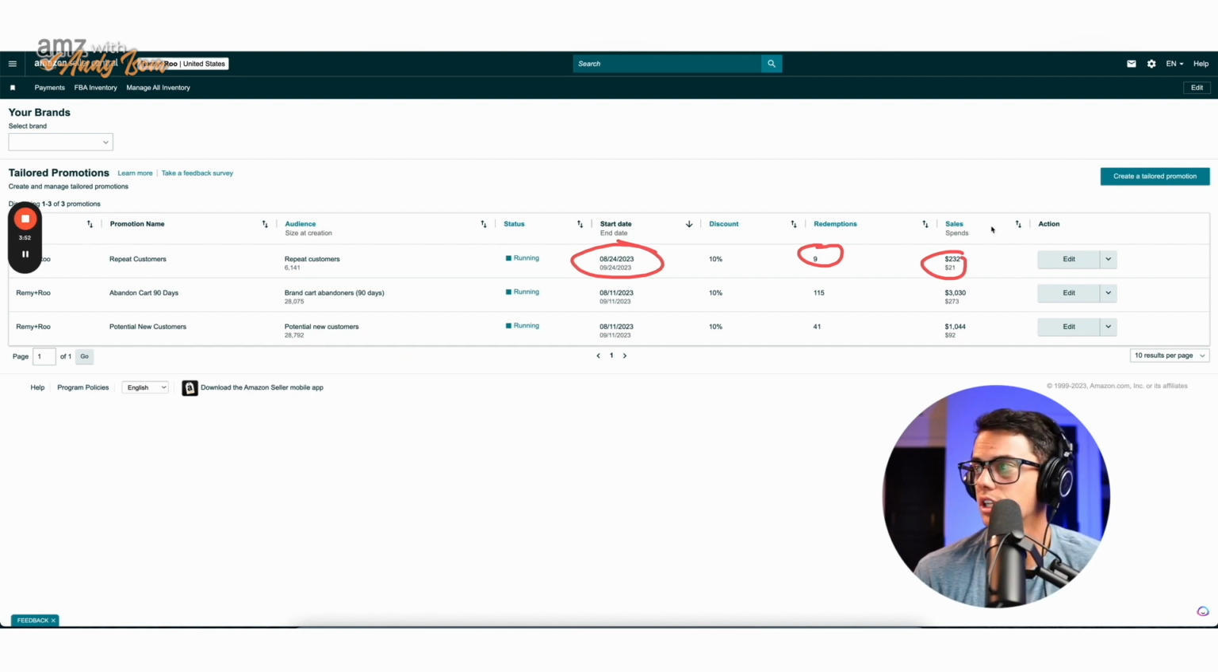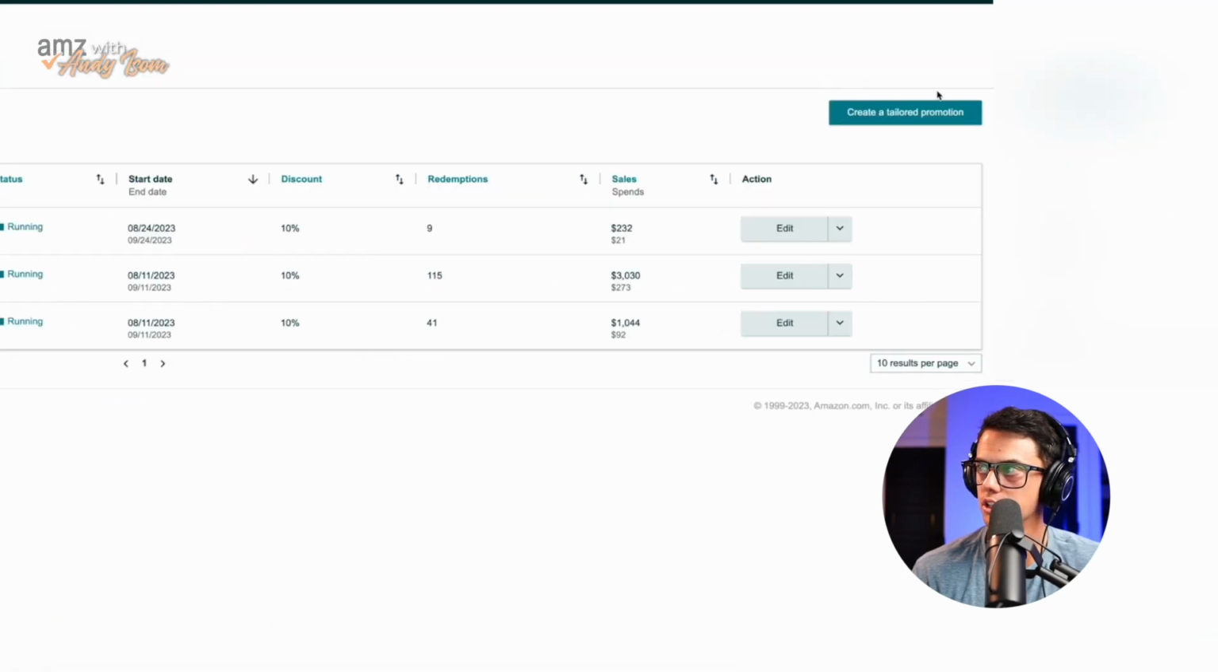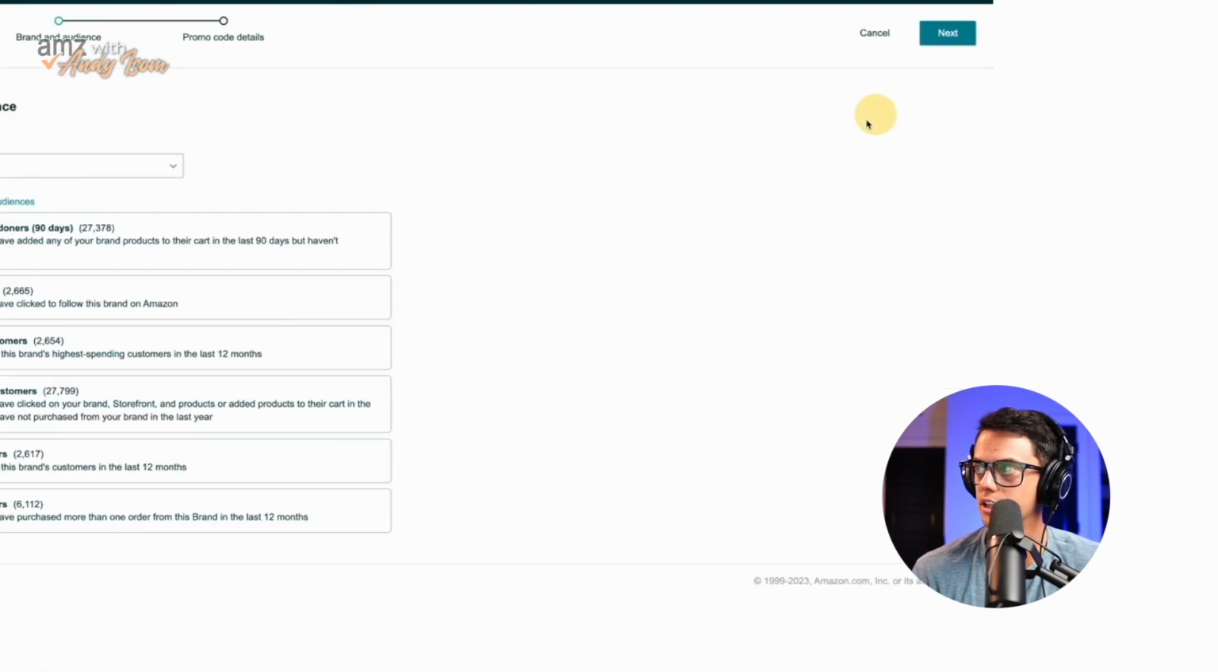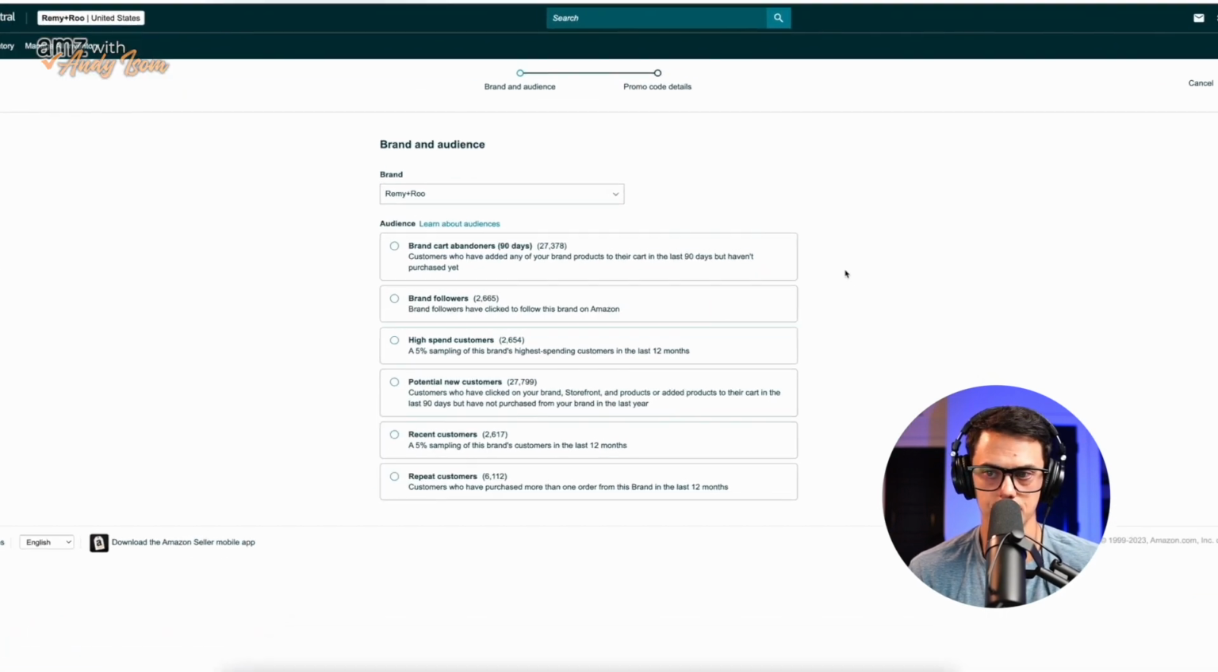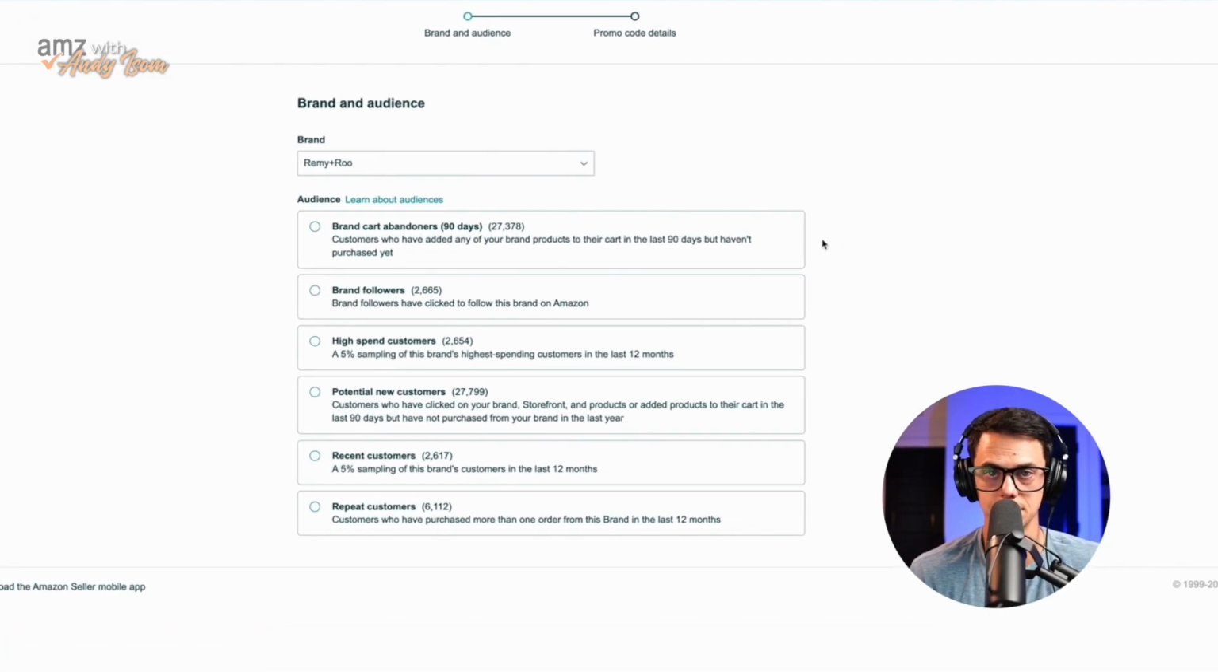So it's pretty cool. So let's talk about how to create a brand tailored promotion. Here in the brand tailored promotions page, you'll see that button that says create a tailored promotion. And here's where you can choose your audiences. So let's talk about these audiences really quickly because these are really cool that Amazon puts together for you. First audience is brand cart abandoners, 90 days. My audience size for that is